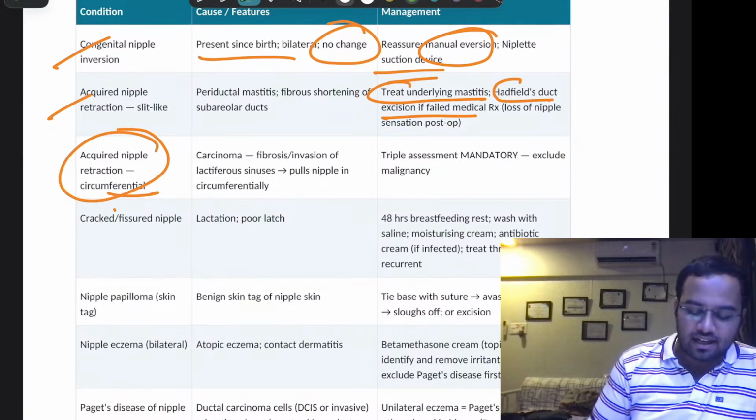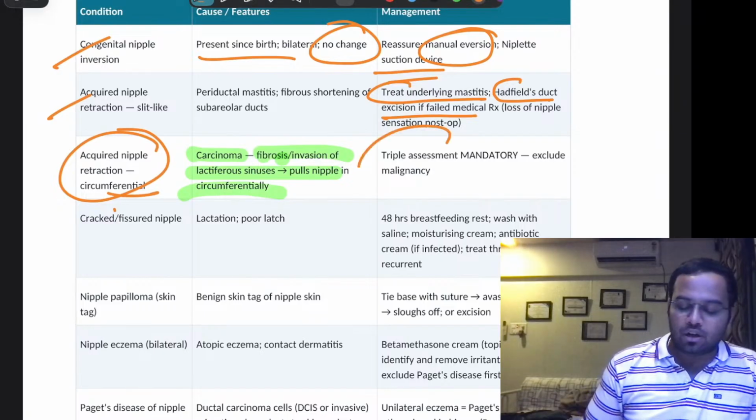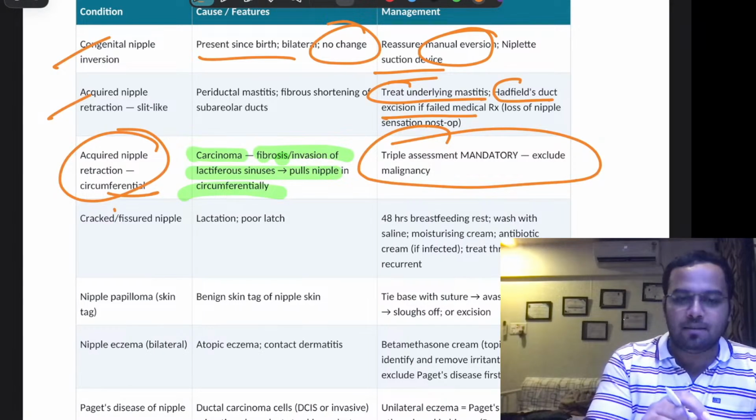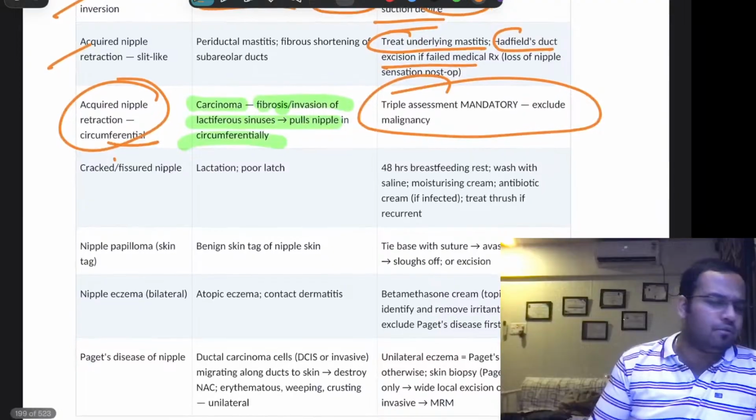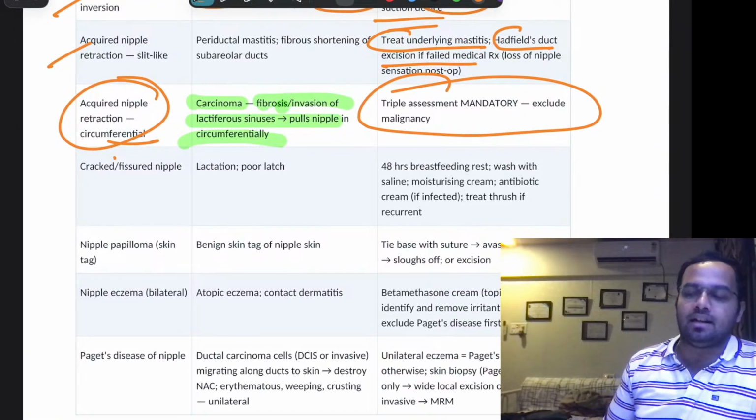When it is circumferential, it is malignant. So it might be fibrosis or invasion of the lactiferous ducts. So triple assessment is always important. Whenever there is circumferential nipple retraction, go for a triple assessment. Any patient, you are obviously going to go for a triple assessment, but here triple assessment with underlying malignancy is